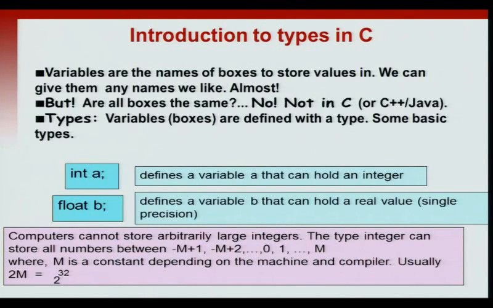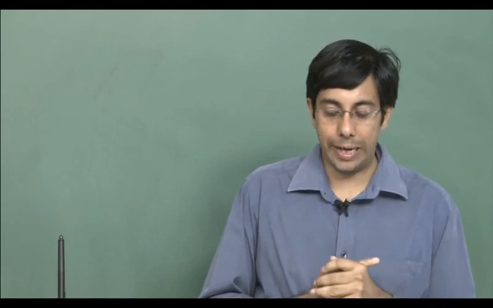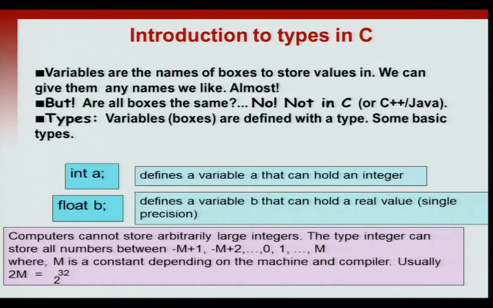So variables are the names of the boxes in which to store the values, but these boxes are special. Certain boxes can hold only certain kinds of values. So all boxes are not the same. There are different kinds of boxes. Now types are basically saying that a particular box can hold a particular kind of data. So variables are defined with an associated type, and we will use some basic types during the course of this programming language